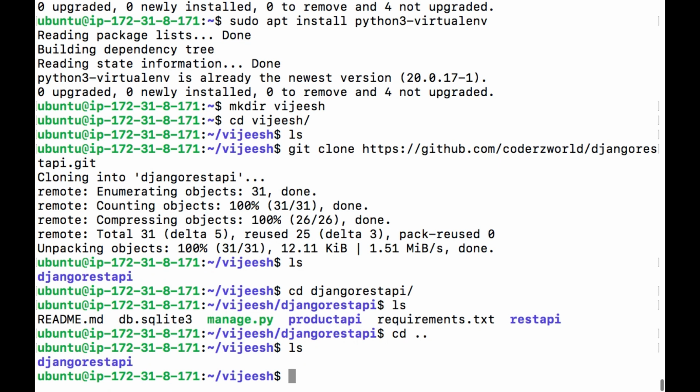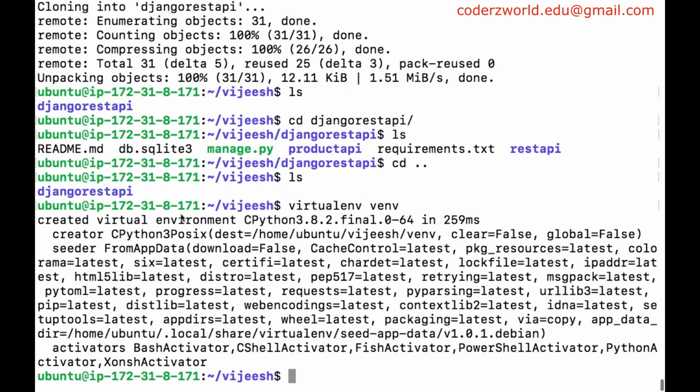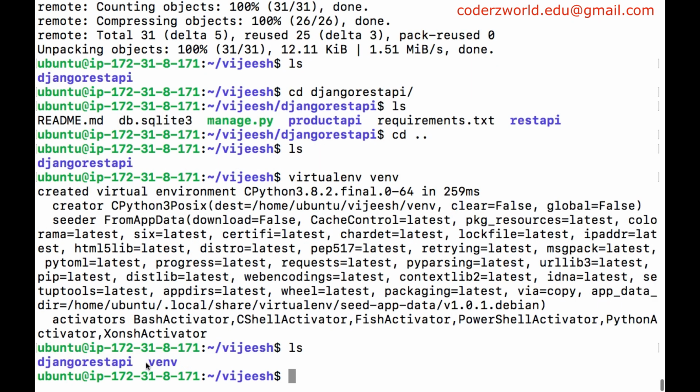To create a virtual env, we can use the command virtualenv. What is the name of the virtual env? I am providing venv, some folder name you like. Okay, now it is saying that the virtual env is created, right? Okay, fine. Now if we look at this folder, we can see a folder called venv. So we have created the virtual env. This virtual env has to be activated. In order to activate a virtual env, we can use the command source venv. Inside venv we can see a folder called bin. Inside bin there is a script called activate.